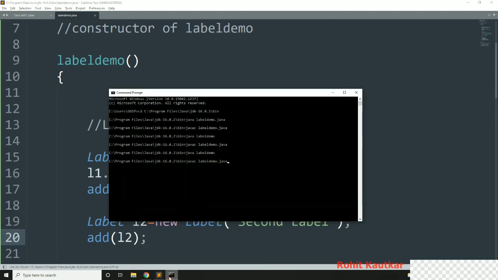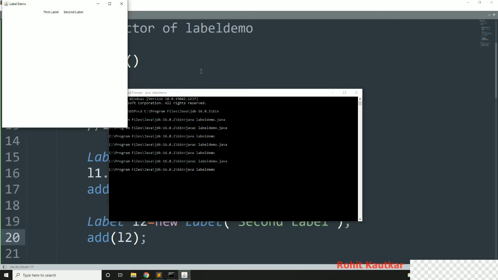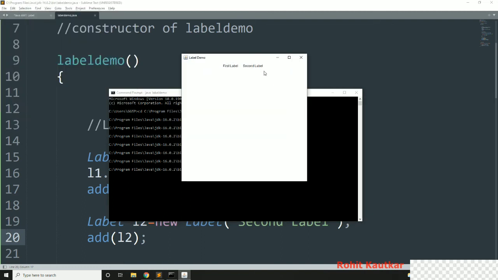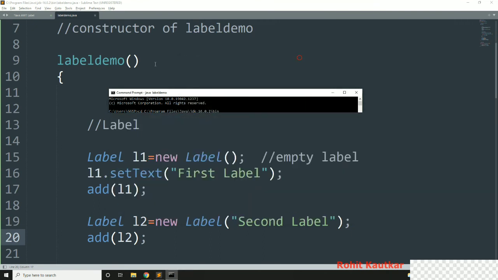Now again I will compile it. It got compiled. Now I will write java LabelDemo, and now you can see we are getting these two labels one by one, first label, second label, like this.